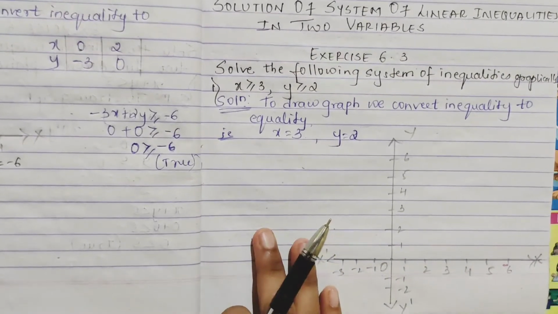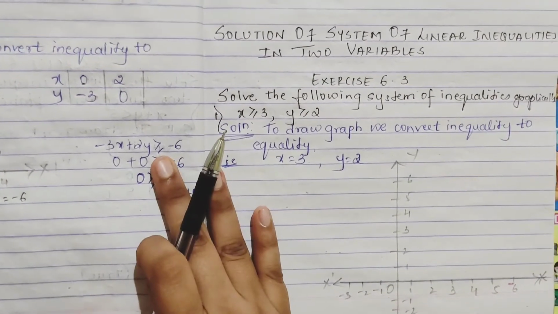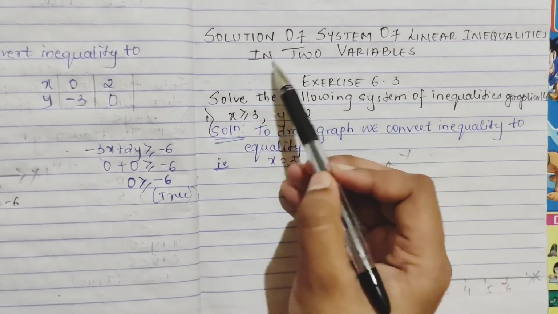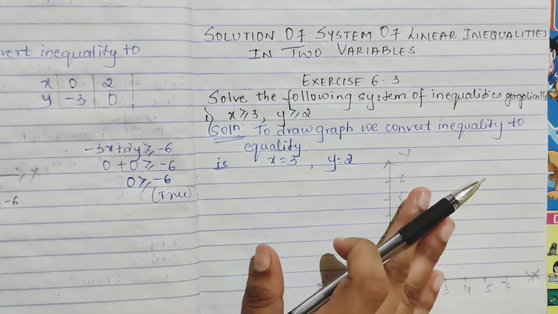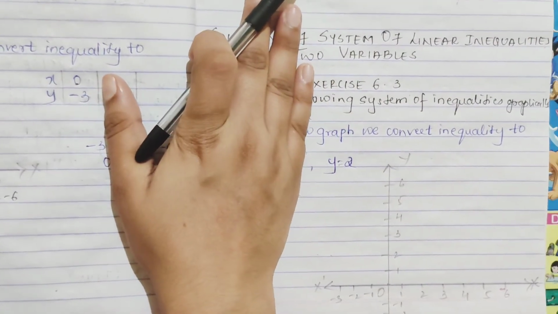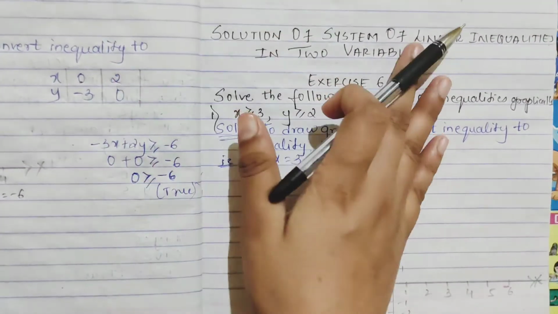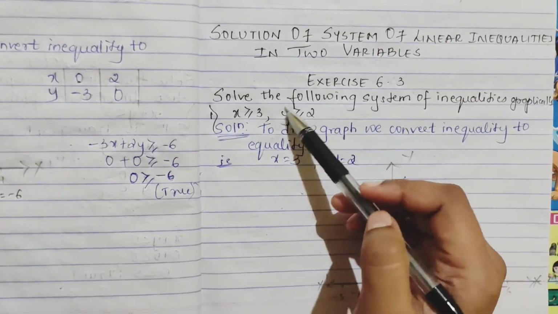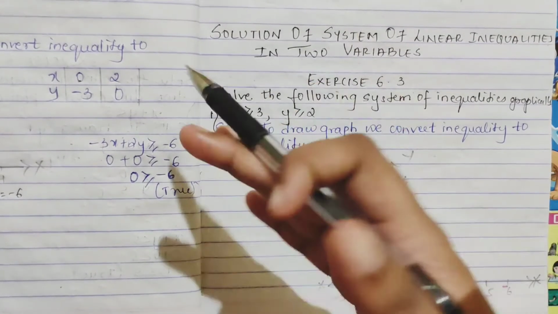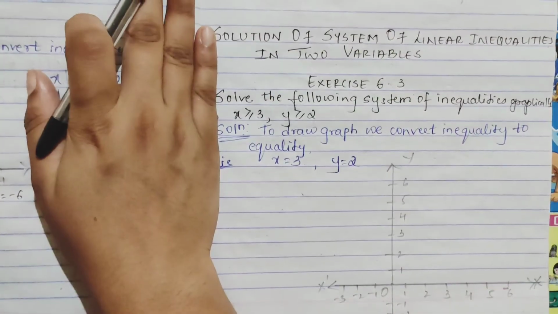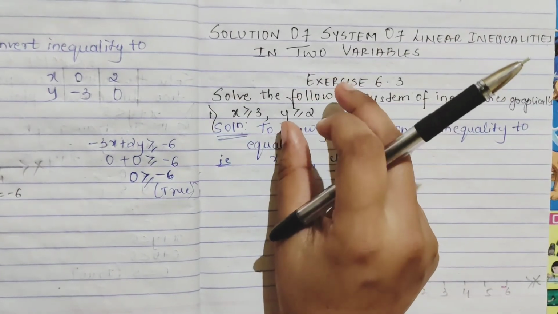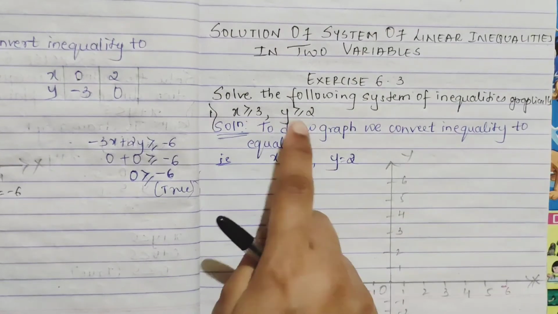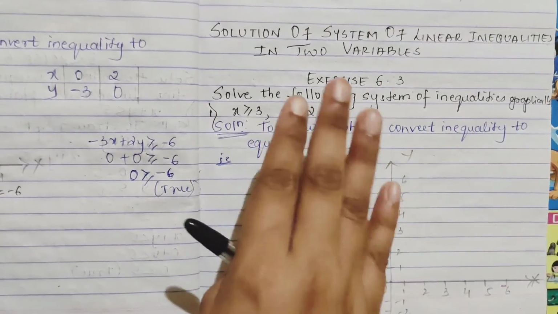We are taking the next topic, that is, solution of system of linear inequalities in two variables. It is just the extension of the above which you have done. So I am not solving any example; directly I am going for the exercise because it is the same. Just one more equation is added. In your previous work you had just one linear equation with two variables. Here also you have linear equations in two variables, but you will have two equations.